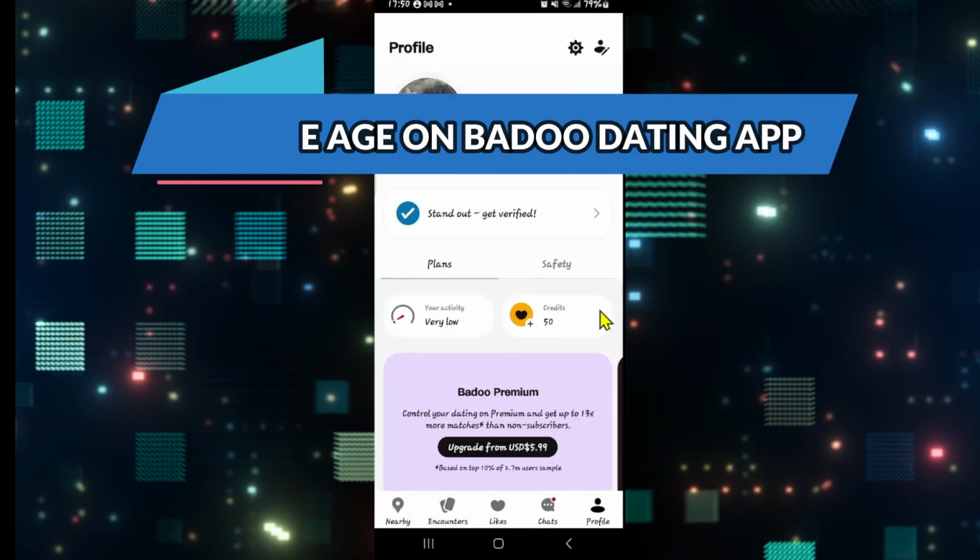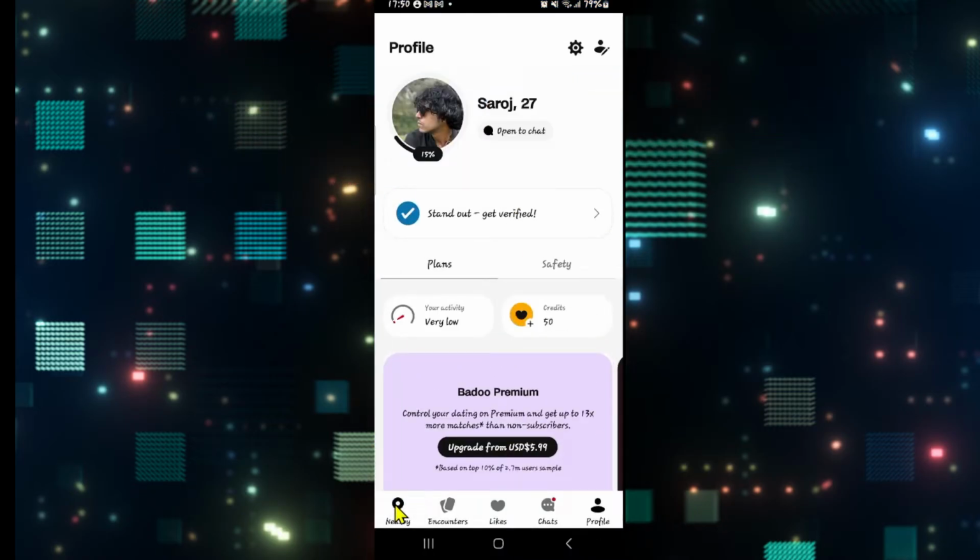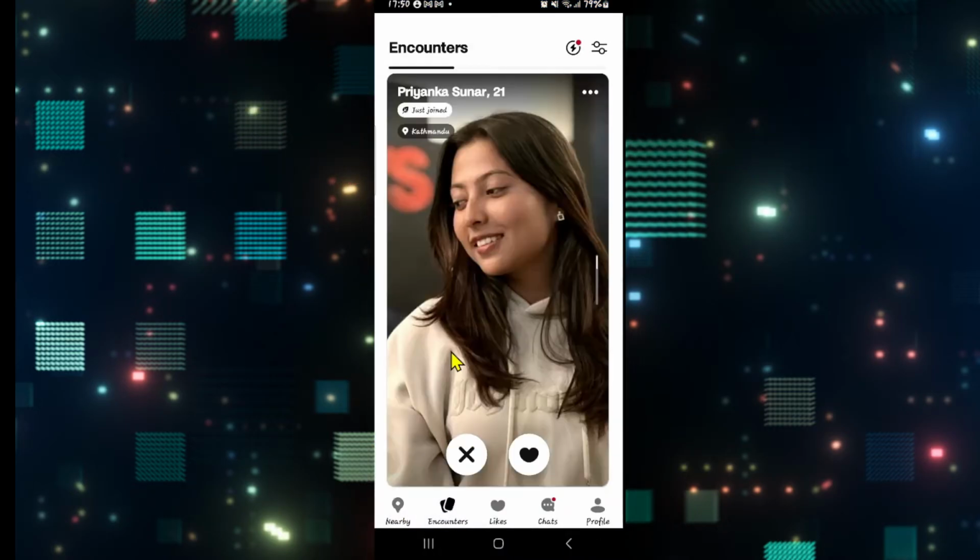First of all, open up the Badoo dating application on your device. And if you haven't logged into your account already, use your credentials to log into your account. After logging in, you will be taken into the home page from which you can directly start matching with various